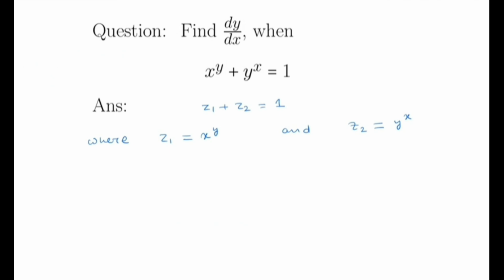So, first, we take logarithm to both sides of this equation. z1 is equal to x^y. So log z1 is equal to log x^y, which is nothing but y times log x. Now differentiating